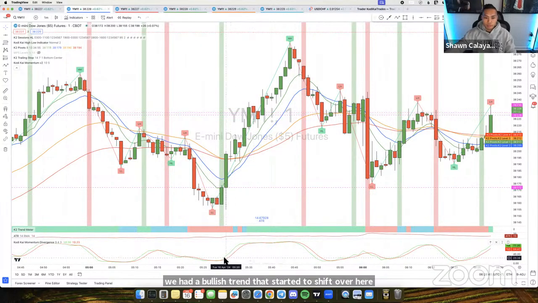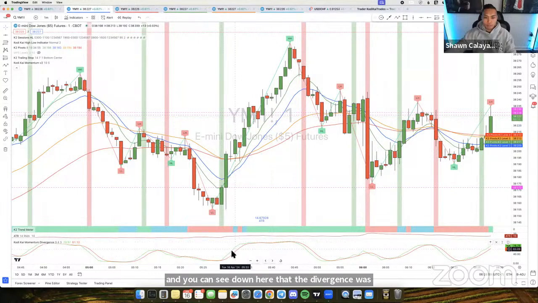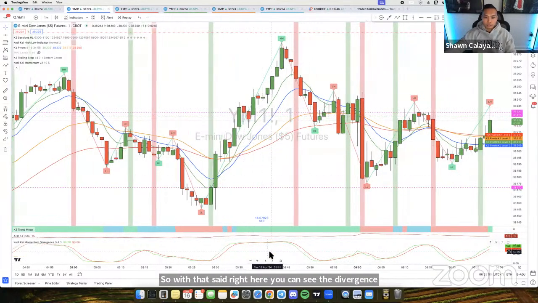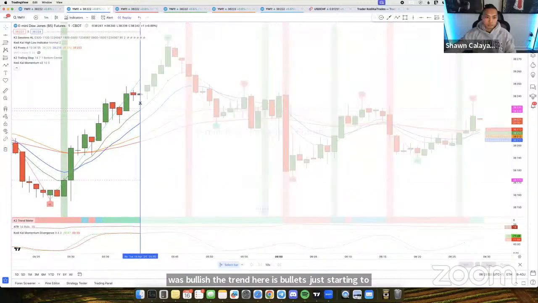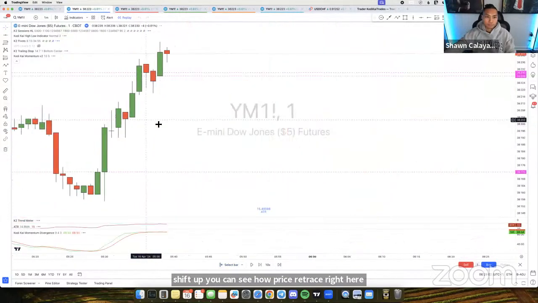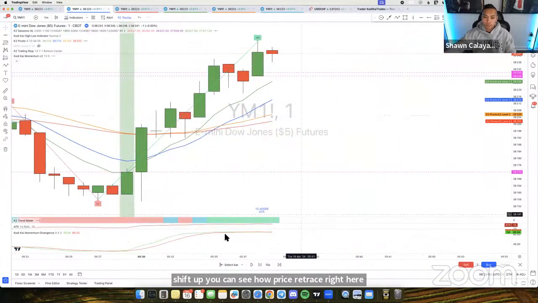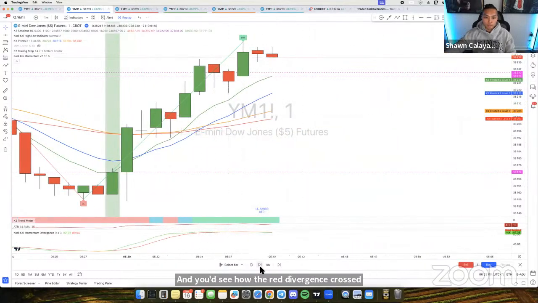It's bullish whenever the green divergence is above, and it's bearish whenever the red divergence is above. So with that said, right here, you can see the divergence was bullish. The trend here was bullish. It's starting to shift up. You can see how price retraced right here slightly. And you can see how the red divergence crossed over. And then right here, the green divergence came back to the upside,